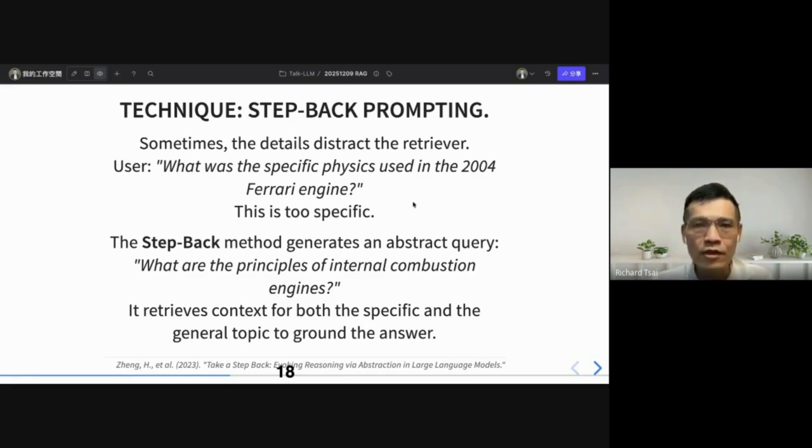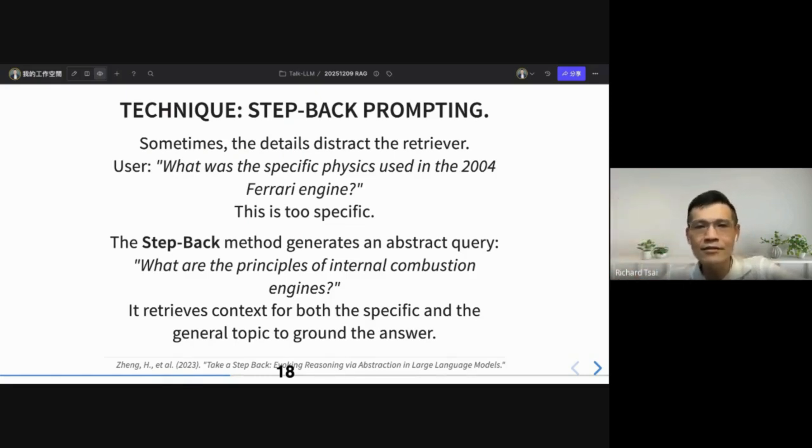Retrieval is actually very difficult, because sometimes the relevant information is described at a lower level of detail, but the user query is at a middle level, so it cannot match.